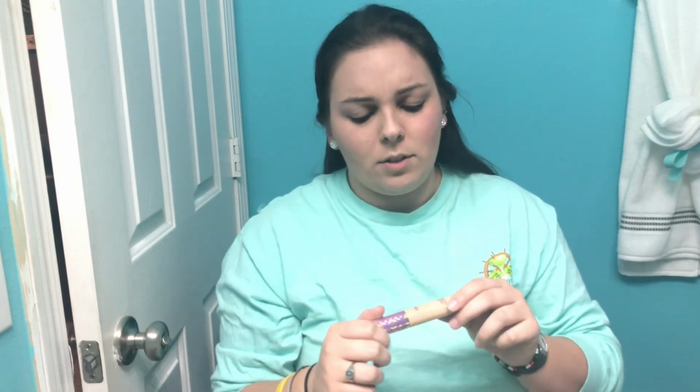So now for concealer, I'm going to be using the Tarte Shape Tape, which basically every beauty vlogger, if you watch beauty vlogs, they use. I'm going to be using light neutral. I actually got this and I kind of wish I had gotten a shade lighter, to be honest with you,